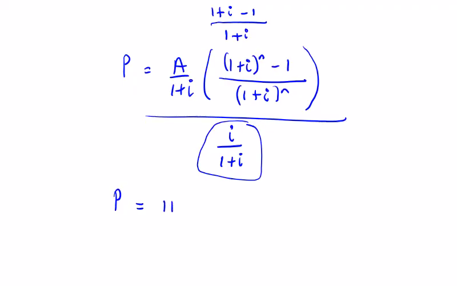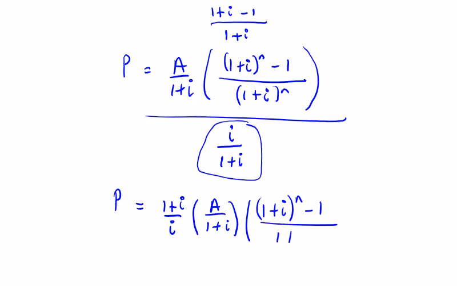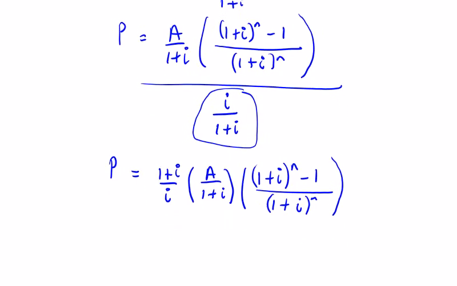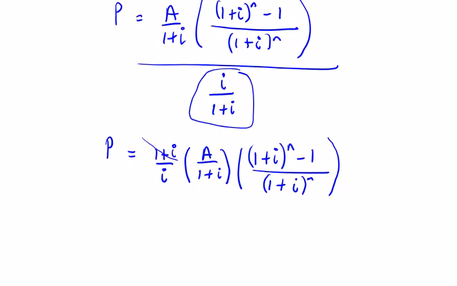So it's going to be 1 plus I over I, turning that fraction upside down, times A over 1 plus I, times 1 plus I to the power of n minus 1 over 1 plus I to the power of n. So these 1 plus I's cancel. So if I multiply P by the whole bottom, it's going to be P times I, this I, times this 1 plus I to the power of n